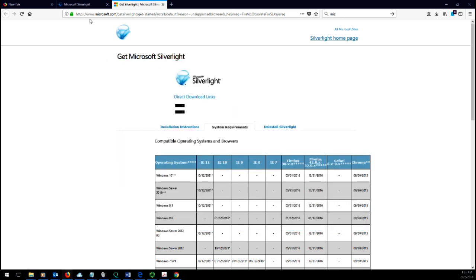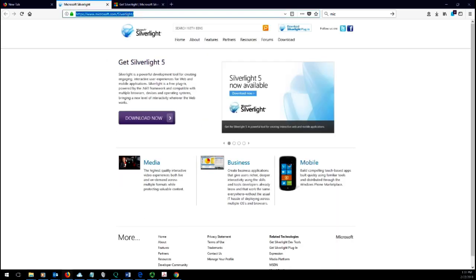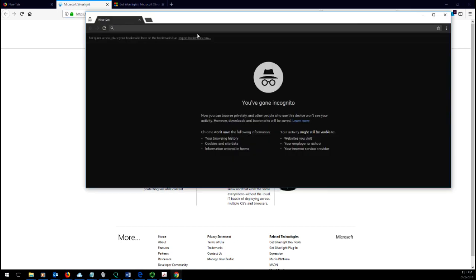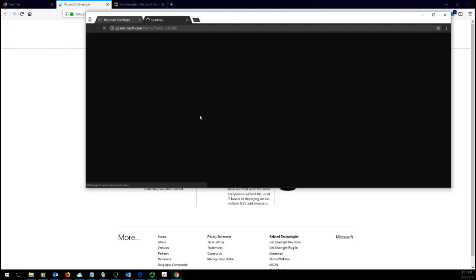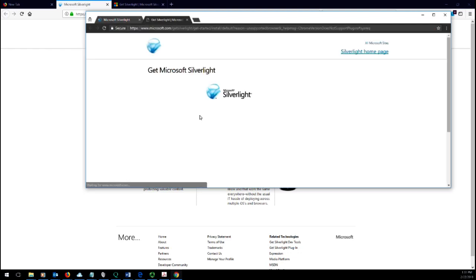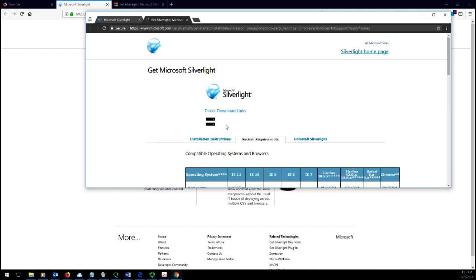If you don't have Firefox, perhaps you have a different browser going. Let's take a look at what the process looks like. So we have Chrome, for instance. Once more, it's the same link. We'll click the download, and if Silverlight doesn't show you which platform you're downloading for, typically the first one is for Windows, so once